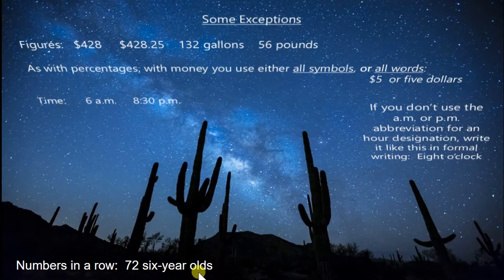And the last thing is if you have numbers in a row. Here we have 72 6-year-olds, and we have 7-2, the numerals, and then 6-year-olds, there's 6 and the hyphen, year-olds, because they're not just 6-olds, they're not just year-olds. Remember our hyphen test? They're 6-year-olds. If we had 72 and the number 6 and then the word year and olds, it would just blend together too much. It's hard for a reader to see the difference. So write out the numerals first and then use words for the second one: 72 6-year-olds. That way, when you have numbers in a row.